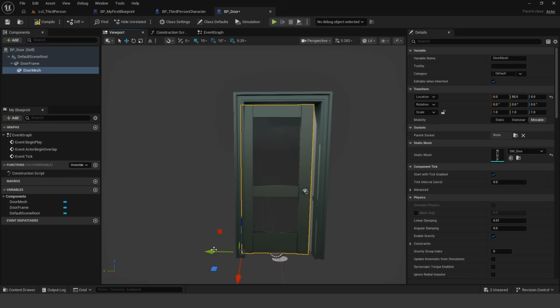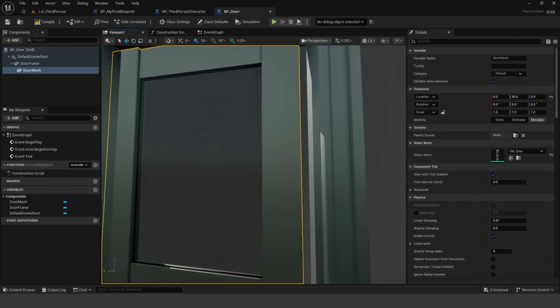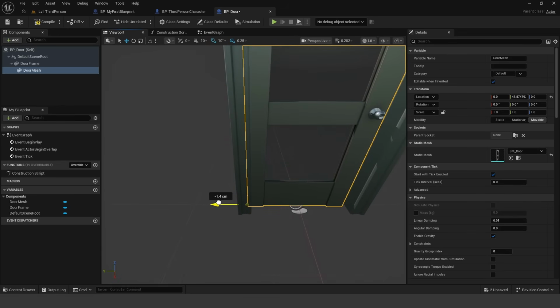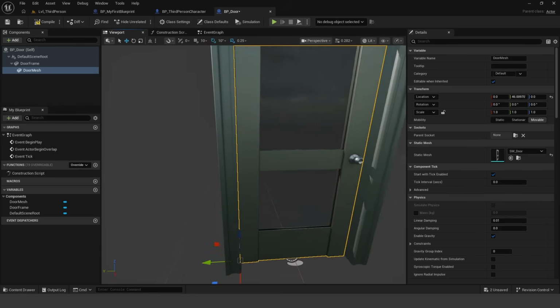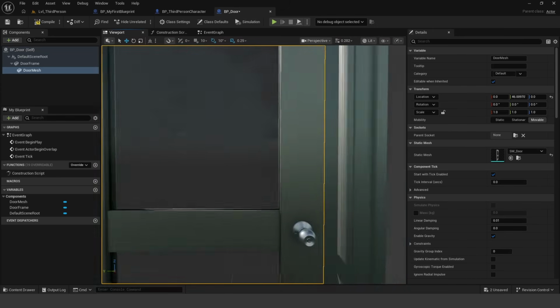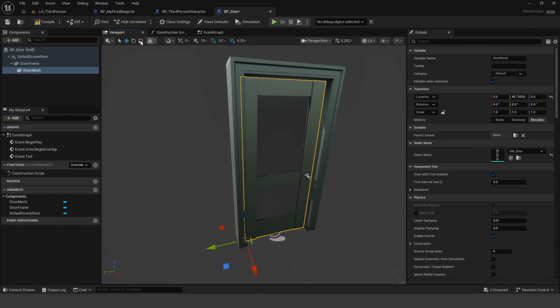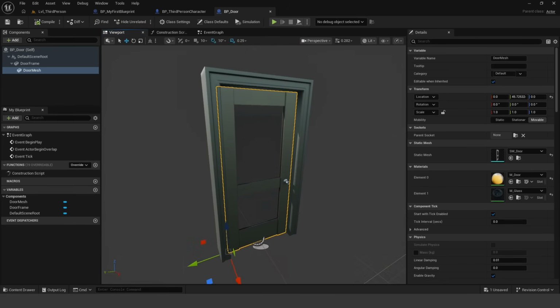Now you'll notice we can't place this exactly where we want it, so we'll need to turn off the grid snapping. So you come over to here, and we can turn off the grid snapping by clicking that little icon. So now it's white, so we turn off the snapping. Now we can position this exactly where we want this to be lined up, okay? So something like that. Now we can compile and save, and now we've basically set up the door frame and